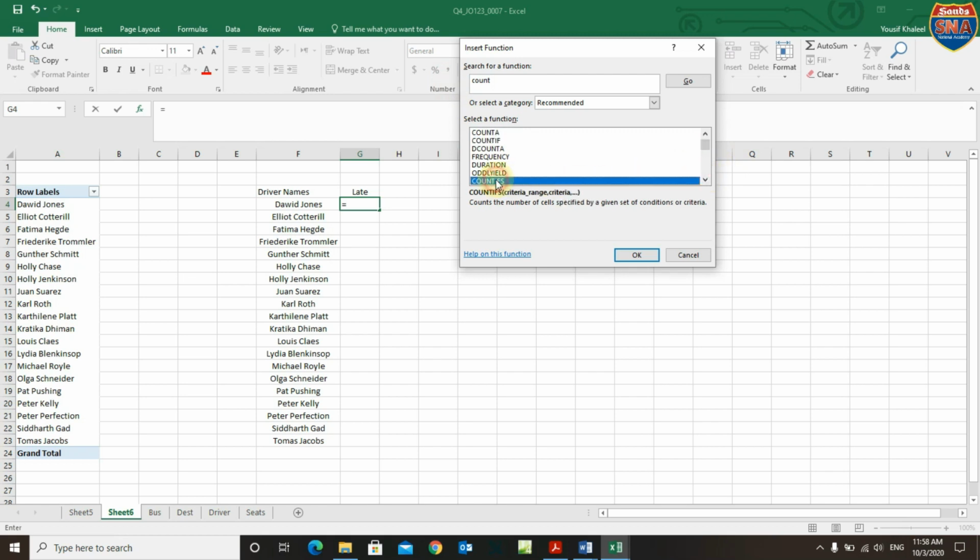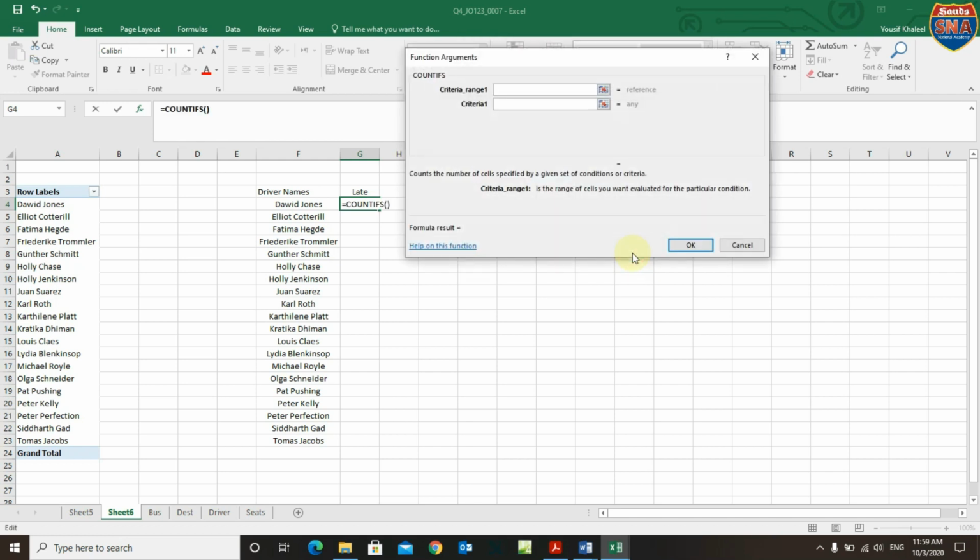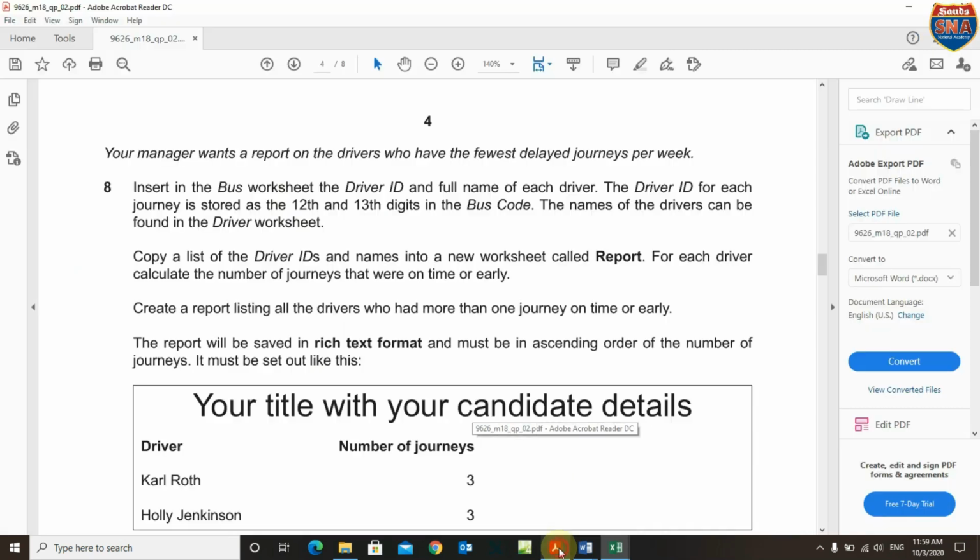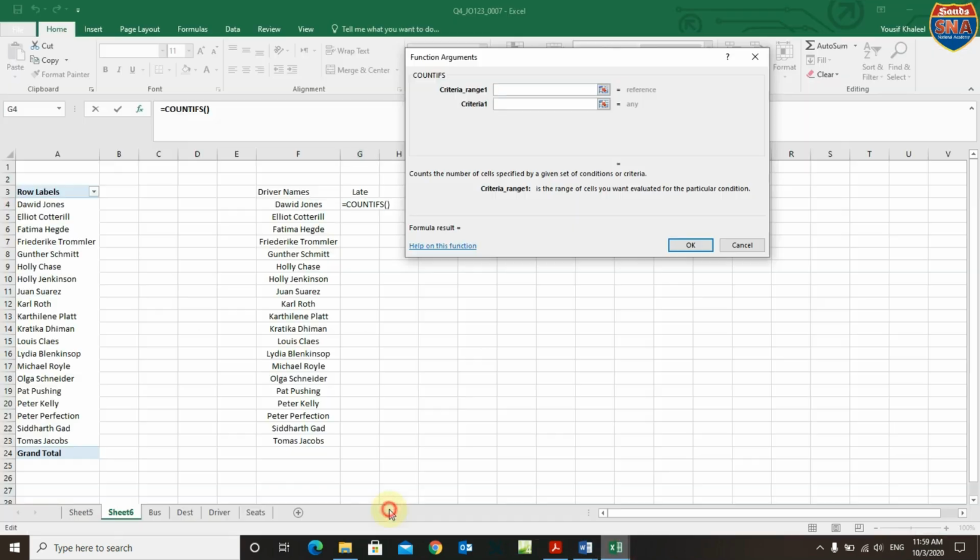Count if is actually for the late. So again, copy the worksheet for driver. Calculate the number of journey. The number of journey where it's on time or late. So